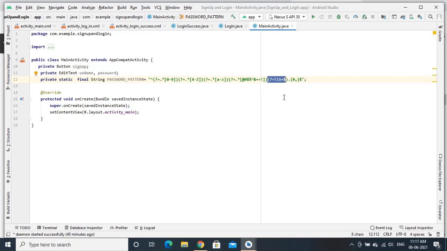So we should not have any white spaces in the password. And the last one checks whether it contains at least 8 characters. If I give one more value here like 15, that will become the maximum. That means it will check for a minimum of 8 characters and a maximum of 15 characters. Anyhow, here we are not checking that. This is the regular expression I use for validating the password.